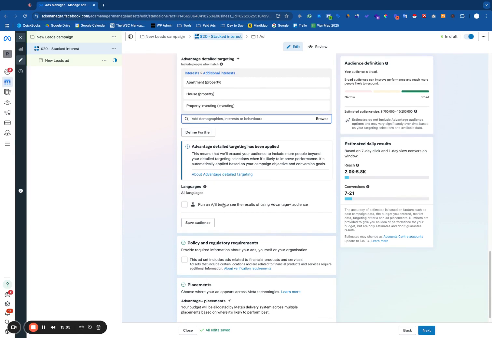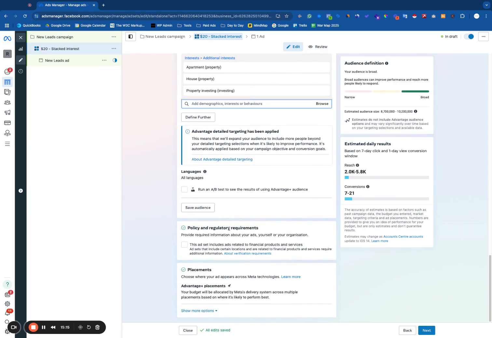All right, so we've got A/B testing when you use Advantage Plus. I usually don't do this because if I ever wanted to run a test, I just run another campaign alongside. And then you've got policy and regulatory requirements. You can usually select this on if you have checked it at the campaign level. Then we have placements. I personally like to leave this to Facebook to select the best placements,